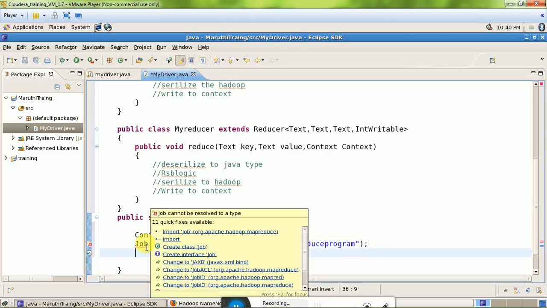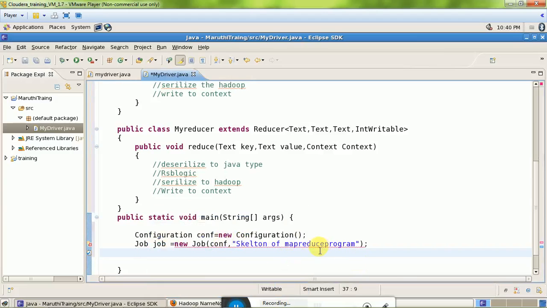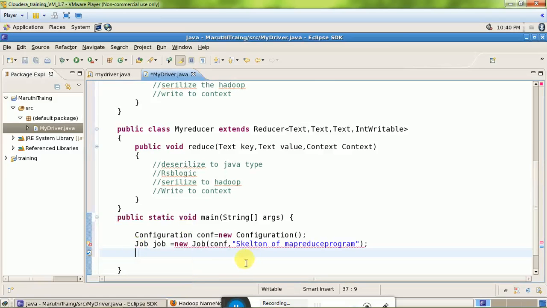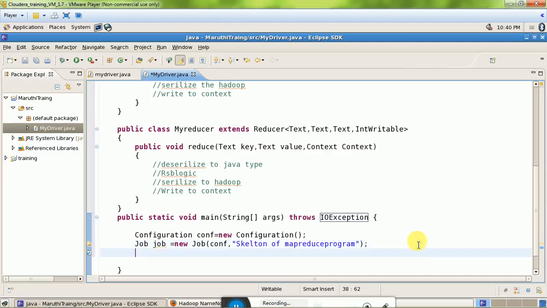We'll import this one. Add throws declaration. It is an IOException. Okay,